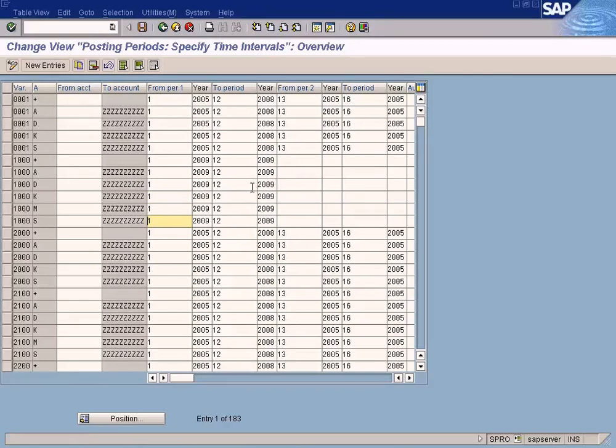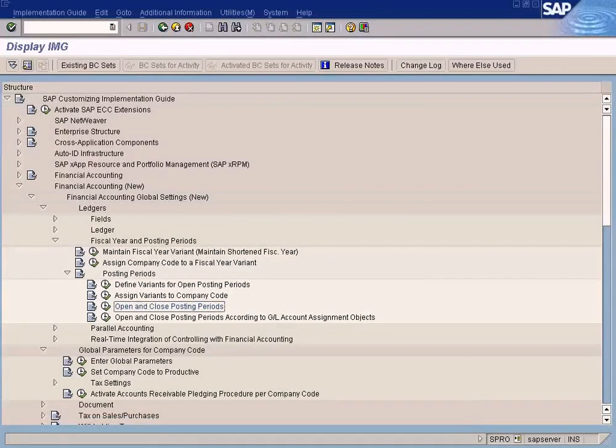Now how I'm doing this: Control Y to select the block, Control C to copy, and then Control V to paste it. It's easier. Okay, this is what I want for our testing. I want to open for the entire